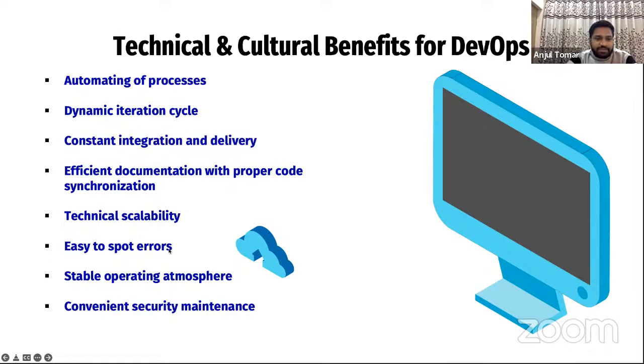Easier to spot errors. Again, a continuation of the previous point, technical stability, right? If we have technical stability in place, it's very easy to spot errors. Just in case some surprise comes, okay, I have deployed this application and some surprise came, then you can narrow down the issue. Okay, I think this is not a problem for this X factor, it may be for Y. That's how you can narrow down and spot errors.